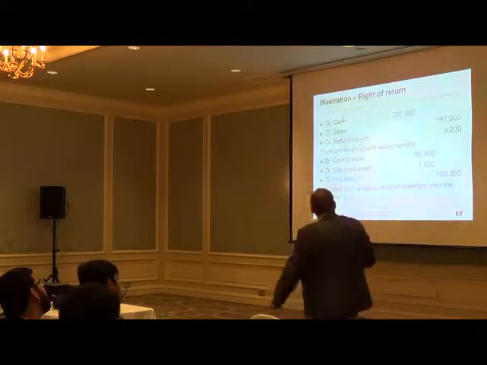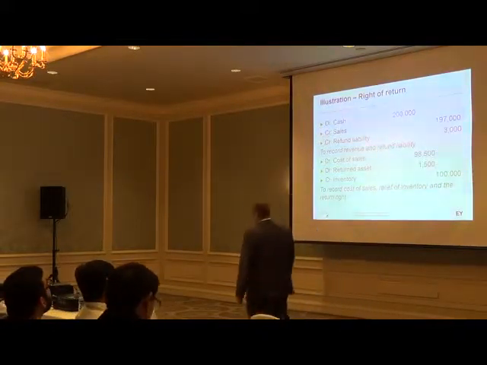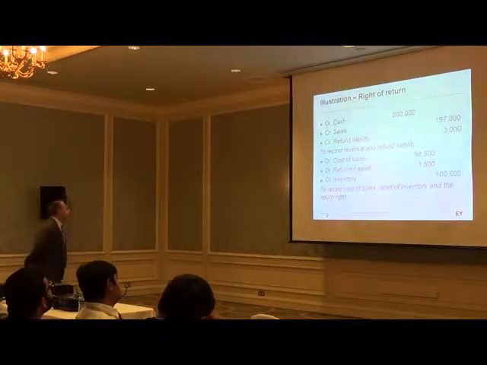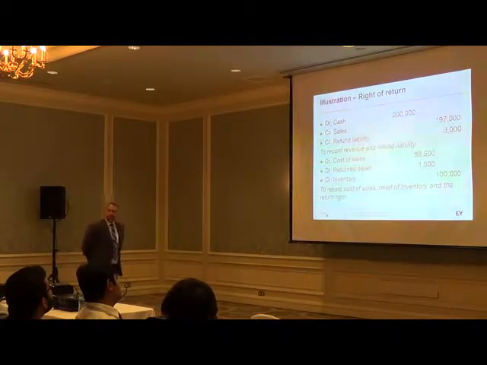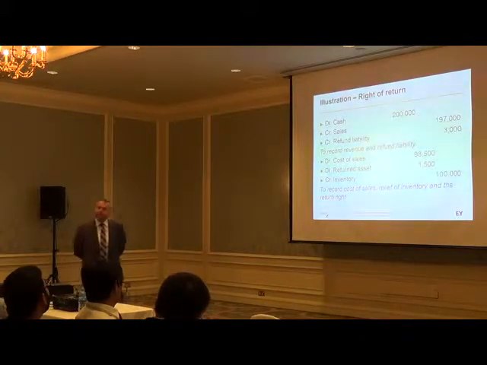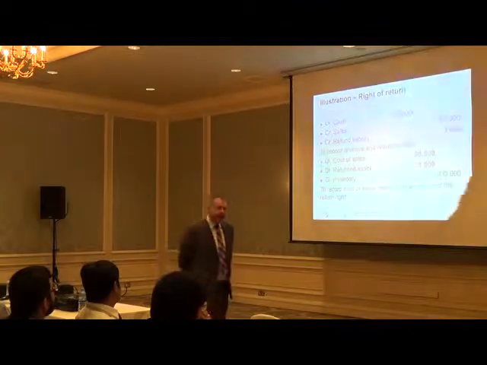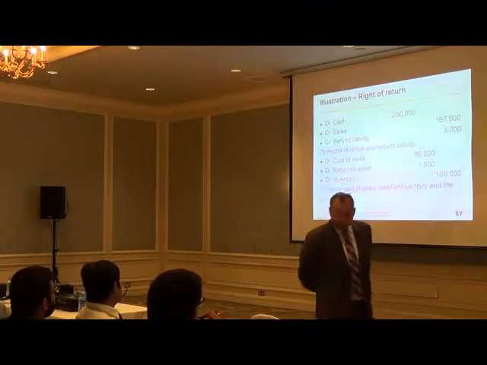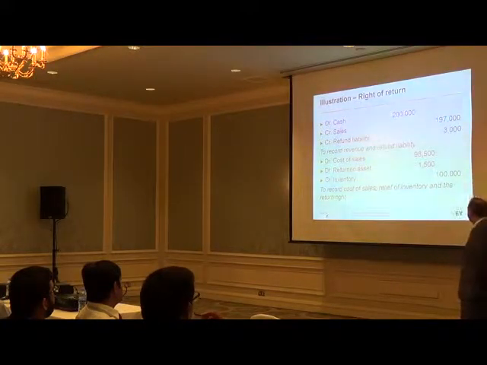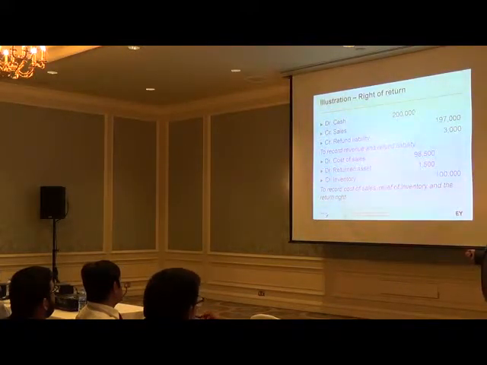Okay? So the accounting entry is going to be this. Debit cash, 200,000. Credit sales, only the 197,000. And you credit a refund liability. So that's going to be on your balance sheet, basically as an unearned income. Now what are you going to do with the cost? You debit cost of sales, but look, not the 100,000. Or well,